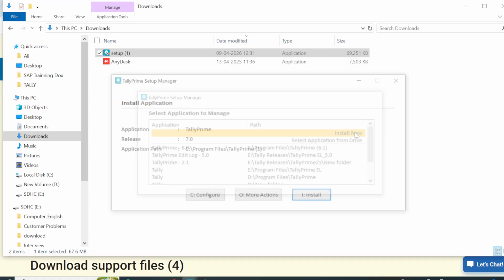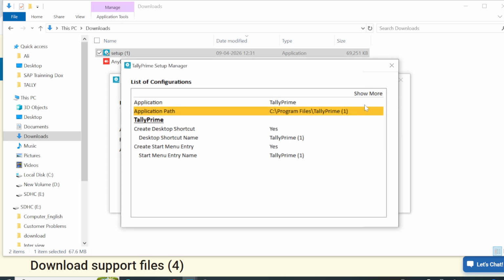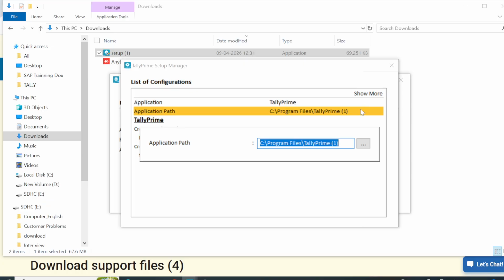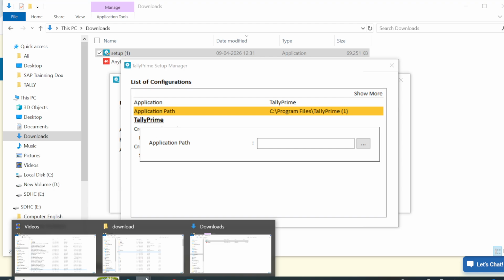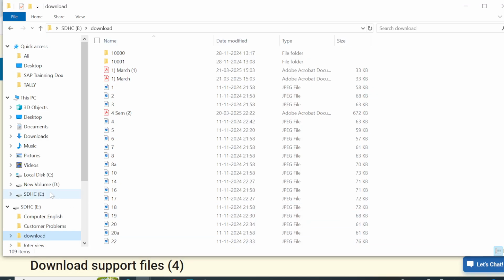Click on new. Then it is showing the path. Suppose I want to install this TallyPrime 7.0 in a different location. I will go to configure. I will enter on the path and I will remove this path. I am going to give my different location path. Suppose I want to install in